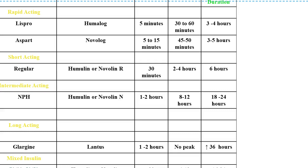And your Aspart or your Novolog takes a little bit longer, 5 to 15 minutes, but still it's important that the trays are there for that patient. So if you give it and the patient hasn't eaten, you wouldn't want them to develop hypoglycemia. Your regular insulin is your Humulin or Novolin R, and that is again another type of prandial insulin that you may see ordered for your patient. It's more of the short acting, works in about 30 minutes, peak of 2 to 4 hours, and lasts about 6 hours. Now your NPH is the only intermediate action insulin,